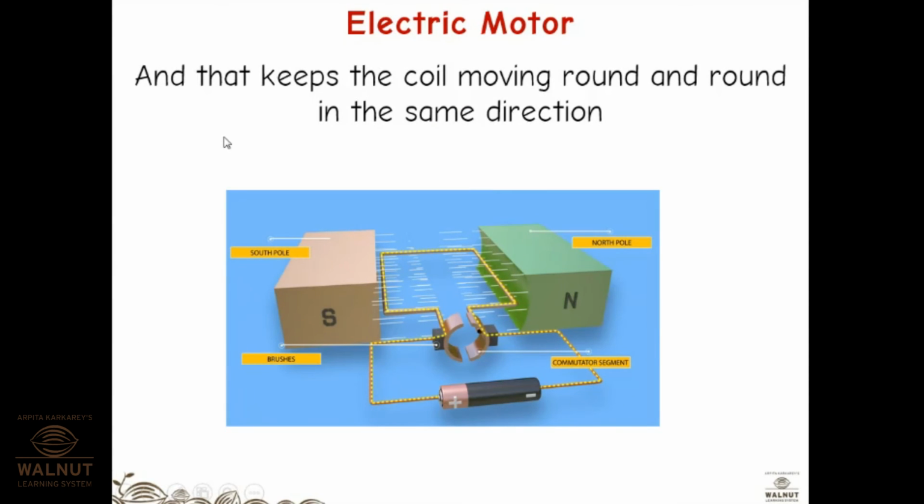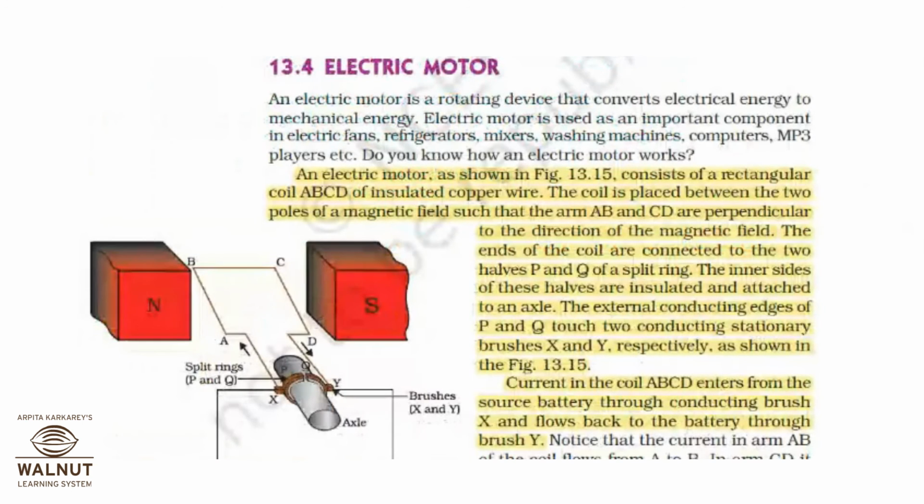Any doubt in this? This was the part that you have to understand. We'll go to the textbook. Now things will become clearer to you. Yes, so this is how it is in the textbook. A conducting material, Purva. It can be of any conducting material because it has to pass on the electricity, the current.